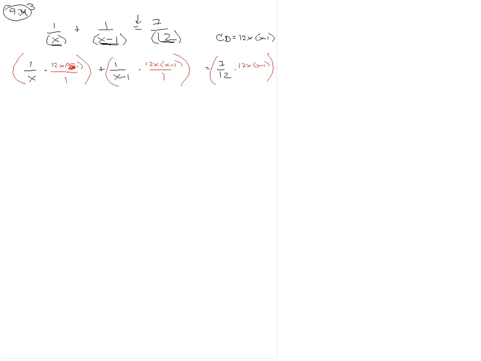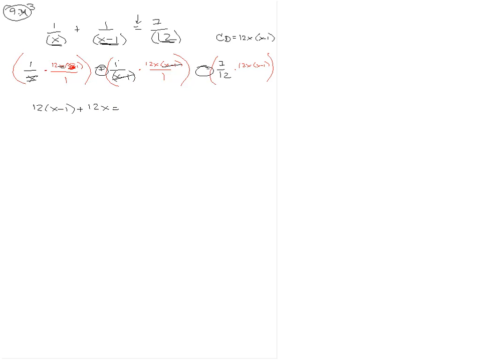Now, by doing this, I'm going to get rid of denominators. I'm going to get rid of fractions because this x and this x cancel out. So I have 1 times 12 times x minus 1. So I have 12 times x minus 1 plus, this and this cancel out. So I have 1 times 12x, which is just 12x,